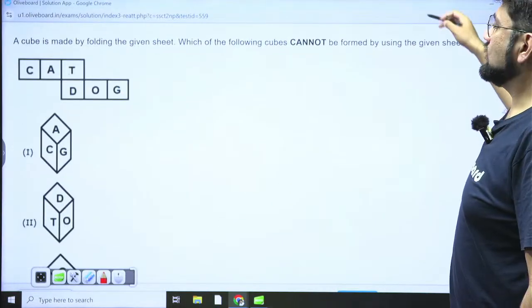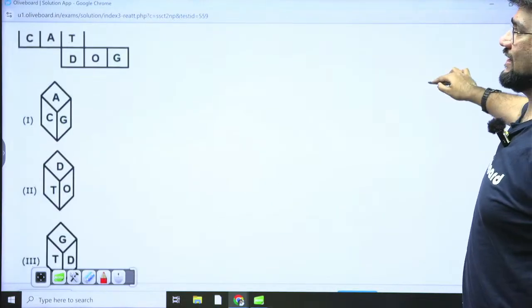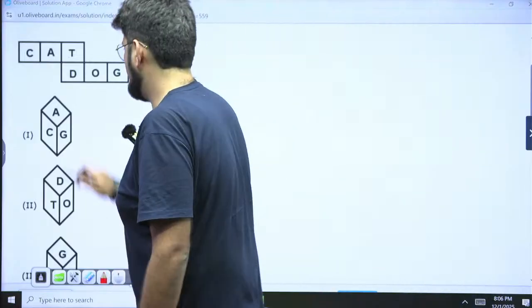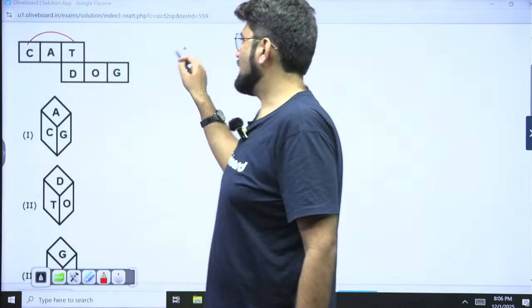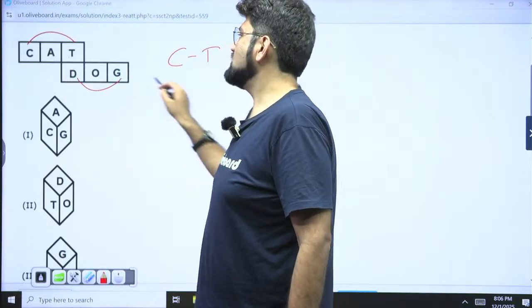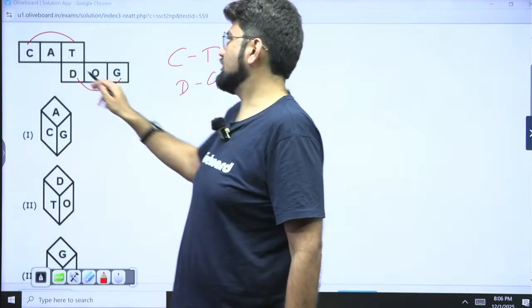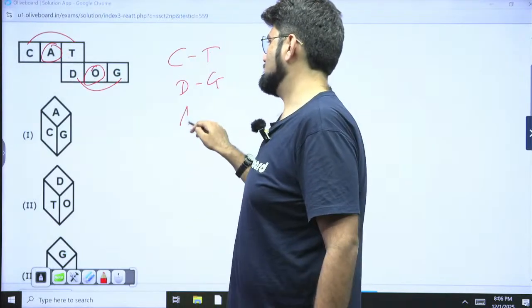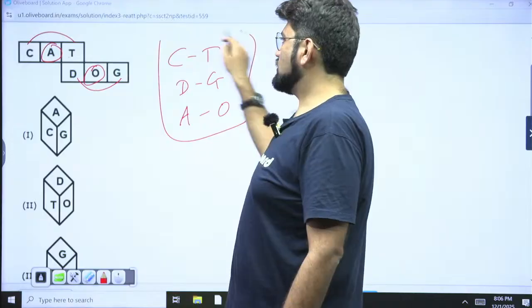A cube is made. Which of the following cubes cannot be formed? Okay. See, I'll show it to you. Whenever you have such a figure, C and T, they are opposite. D and G alternate. They are opposite. And whatever overhang, whatever is left, A and O is opposite. So your cube which cannot be formed